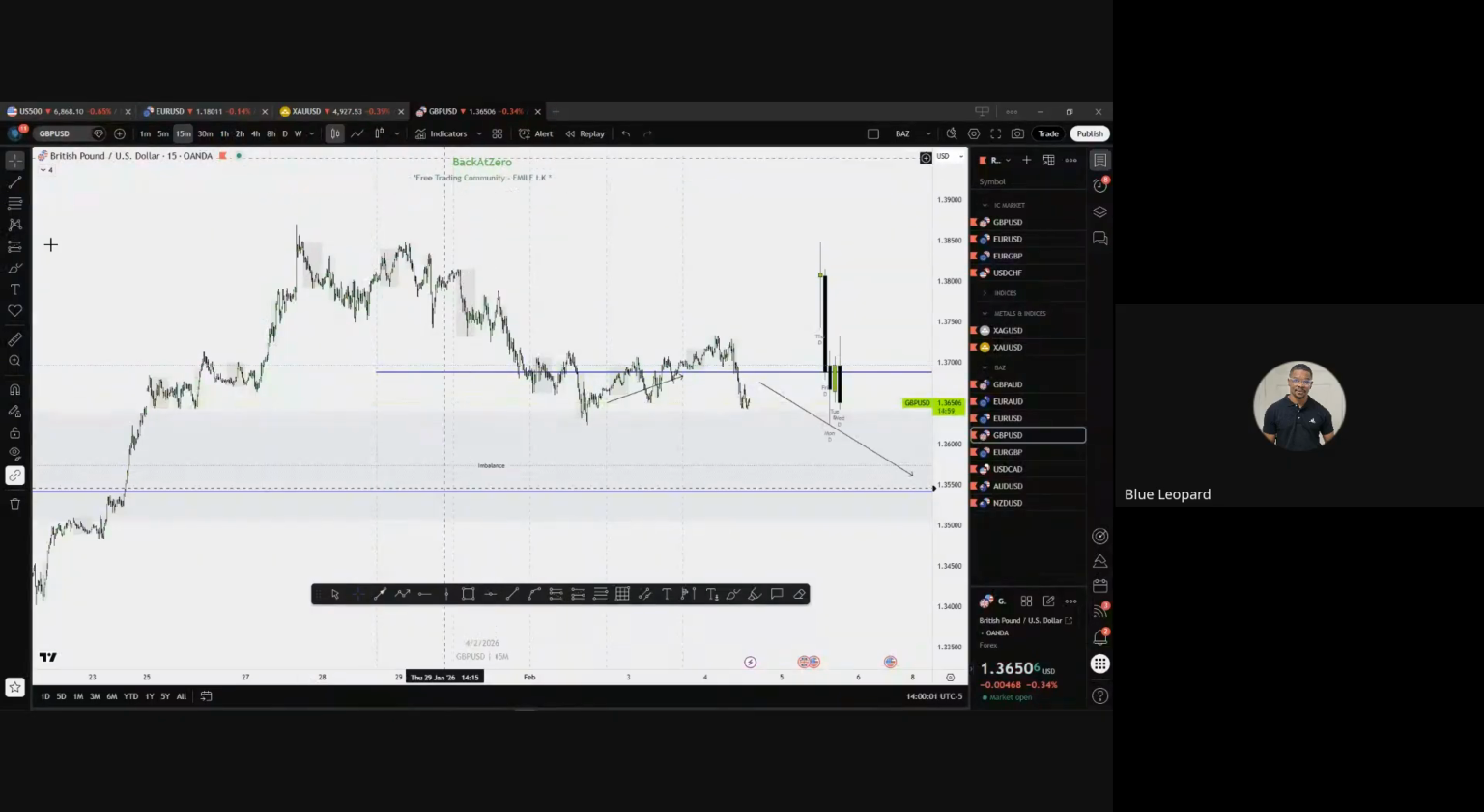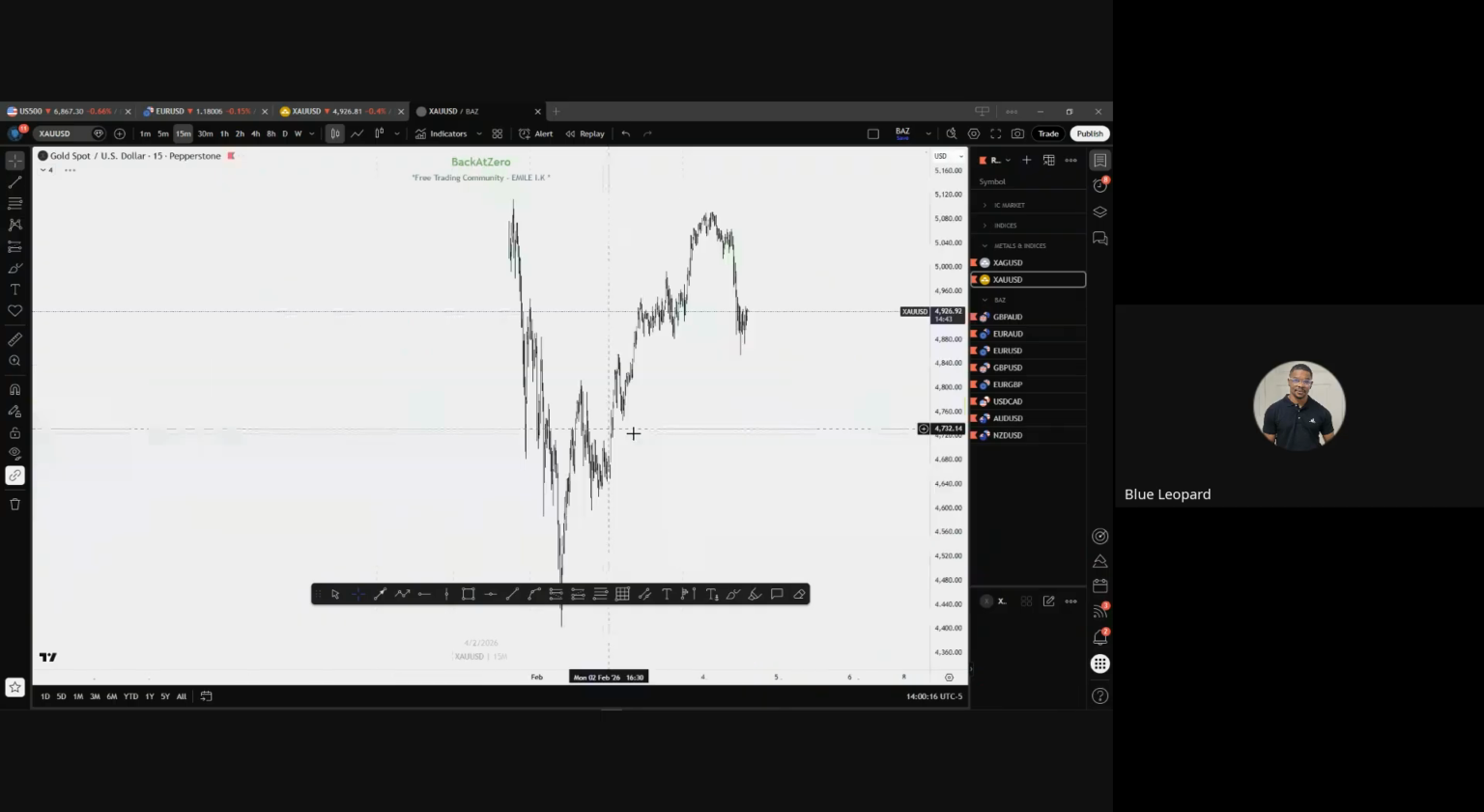In the call the last time, we did an analysis together of this list of pairs that you can see here on the right. Okay, not this, not this. We also looked at gold, but